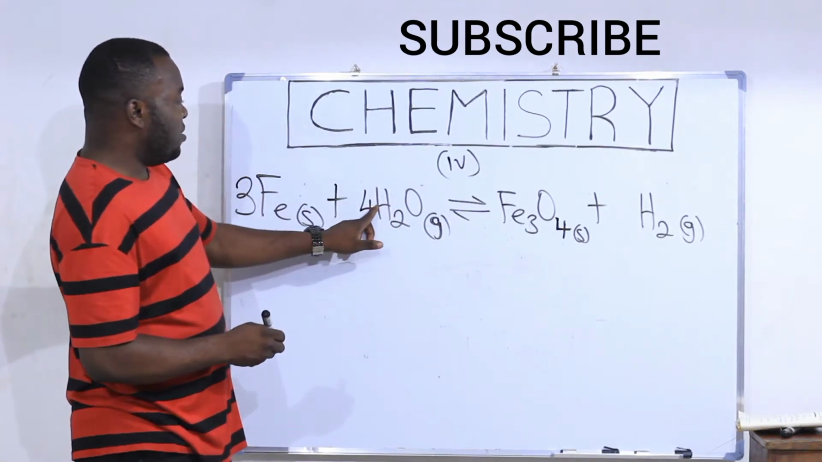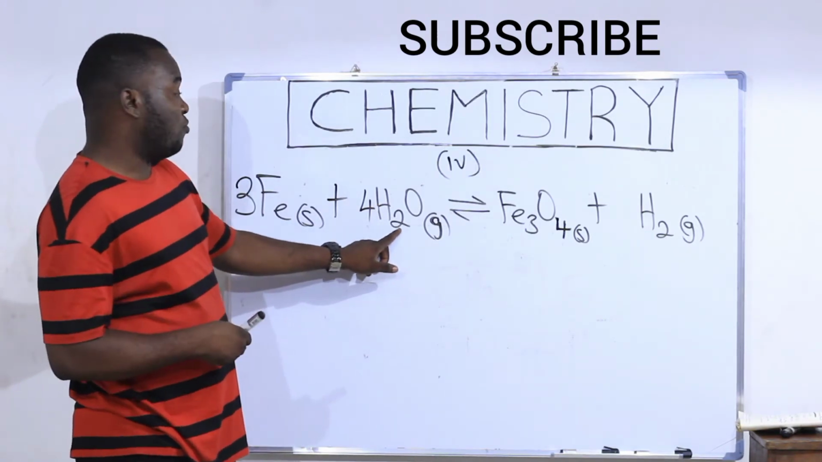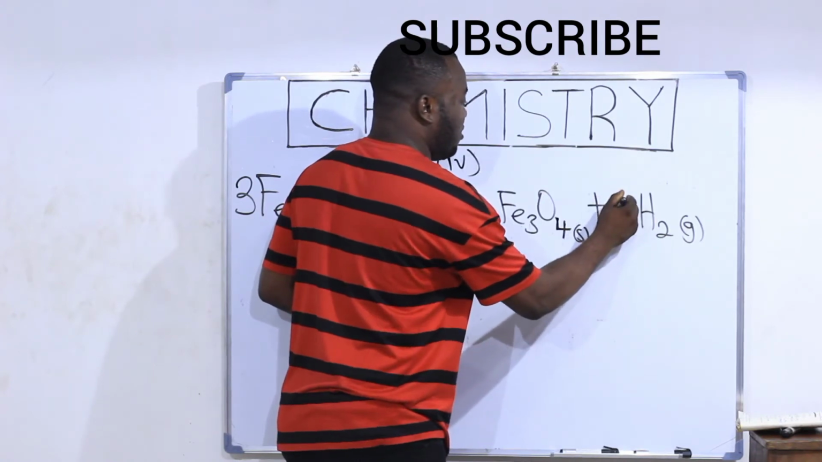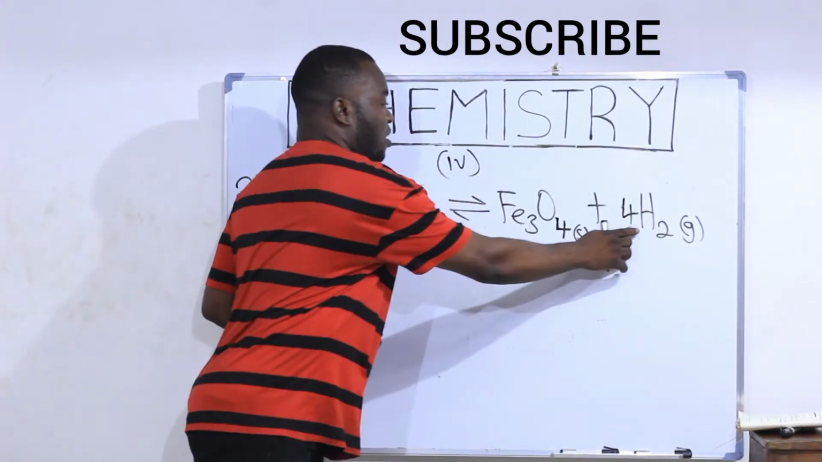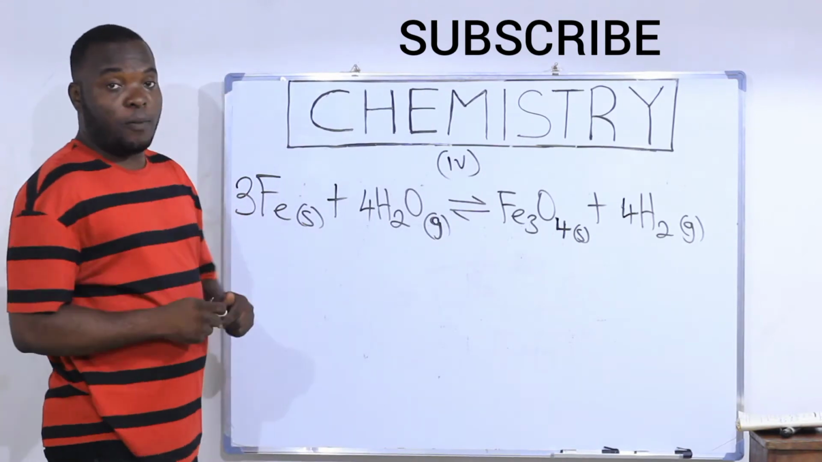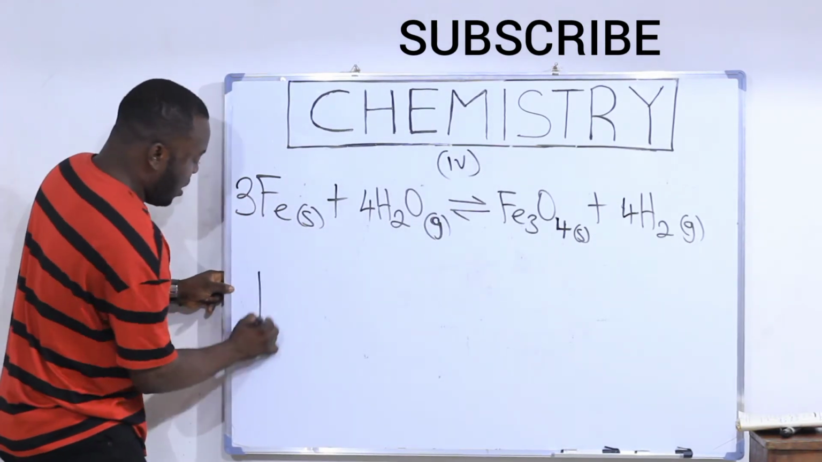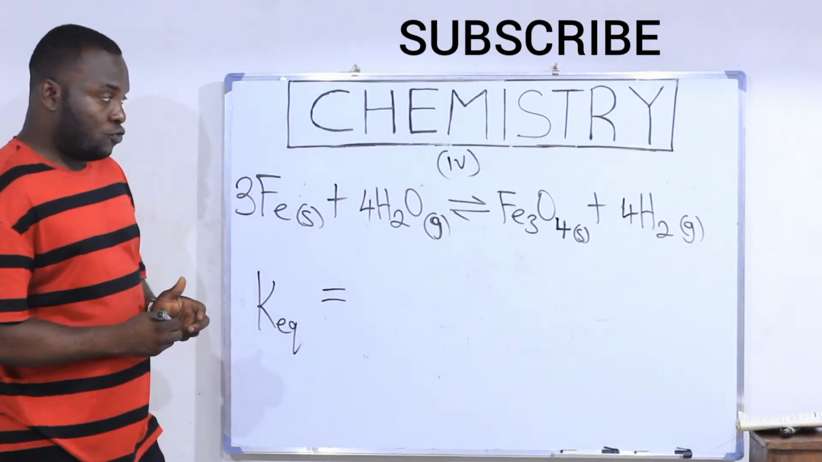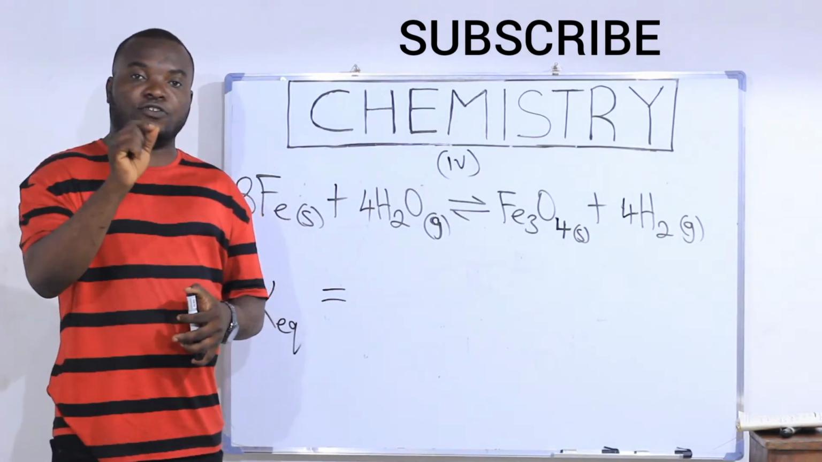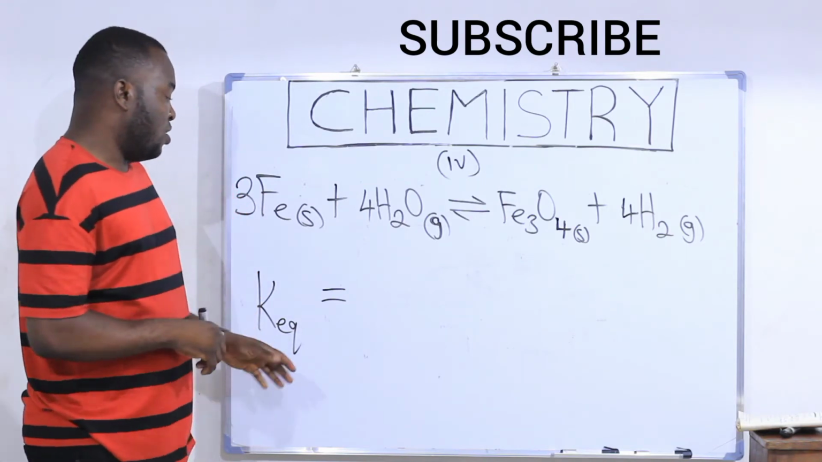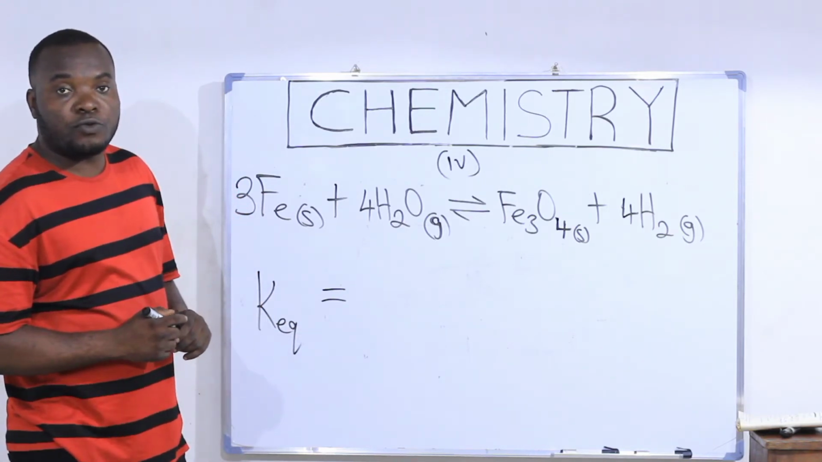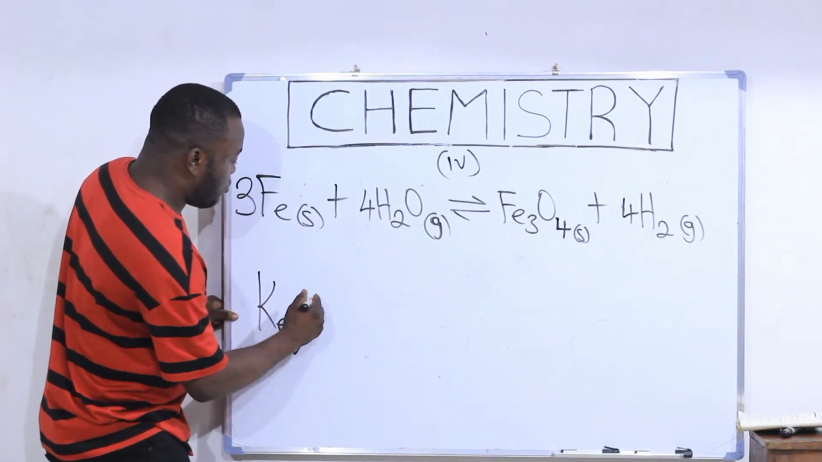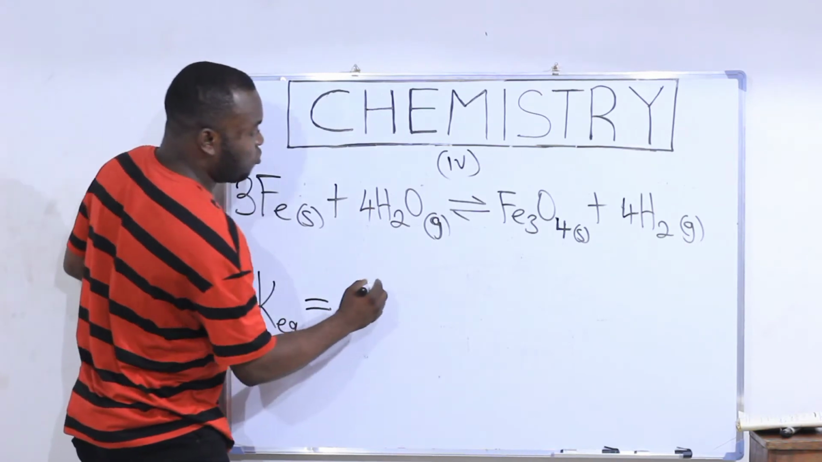Now I'm having 4 times 2, 8 hydrogen atoms on the left. I'll put 4 here so that 4 times 2 will give me 8 hydrogen atoms on the right. Looking at the equation, you can see that the equation is now balanced. We can now solve. Our equilibrium constant is equal to, remember, I told you, only substances in gaseous and aqueous states are considered when writing the expression for equilibrium constant with respect to concentration. So, the equilibrium constant for the above equation is going to be